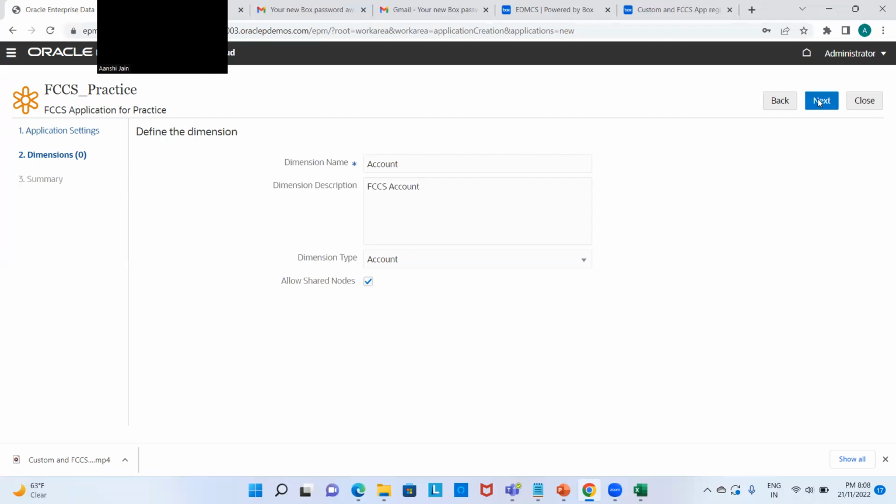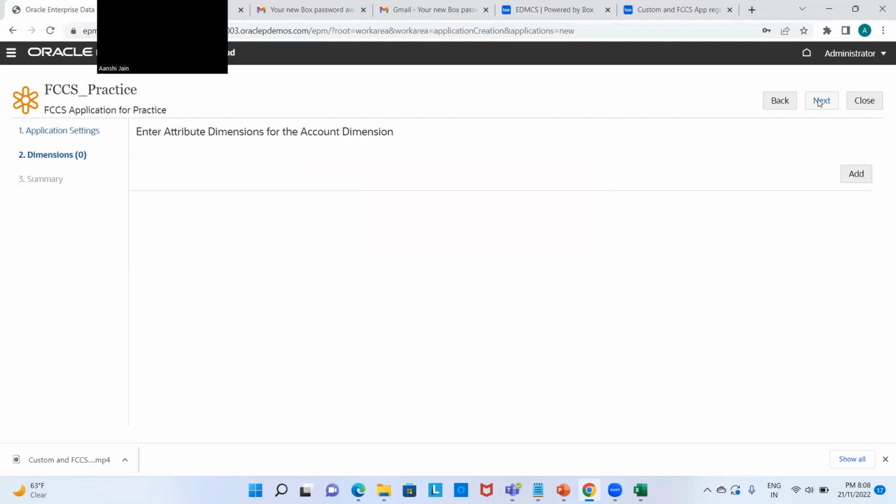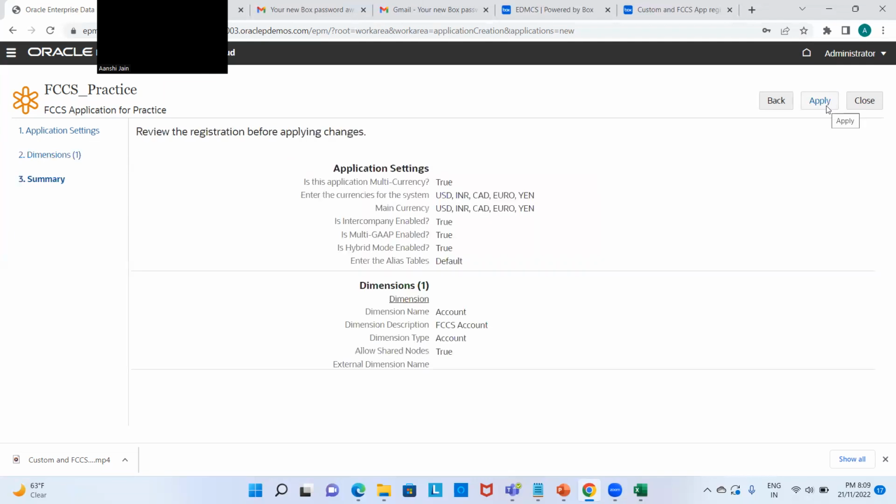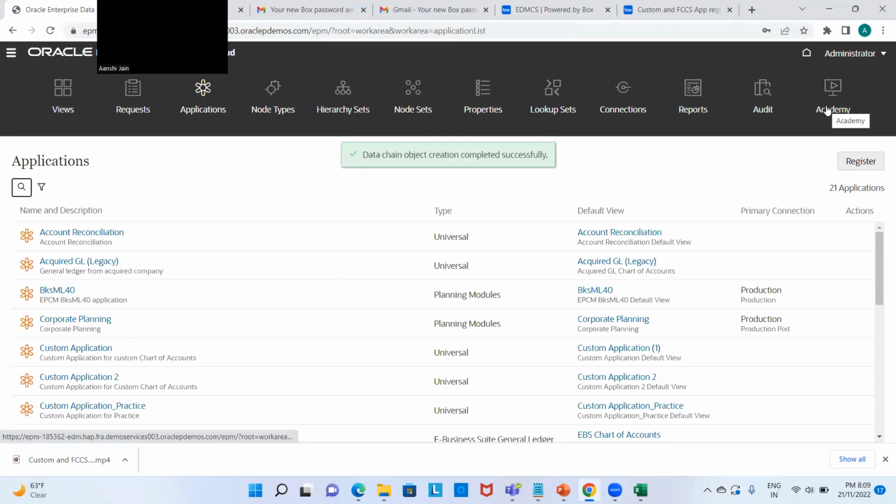Then we will click on next. Then we will click on next again. Next. This is the review of the registration before applying. We will click on yes, apply. Data chain object creation completed successfully. Okay,